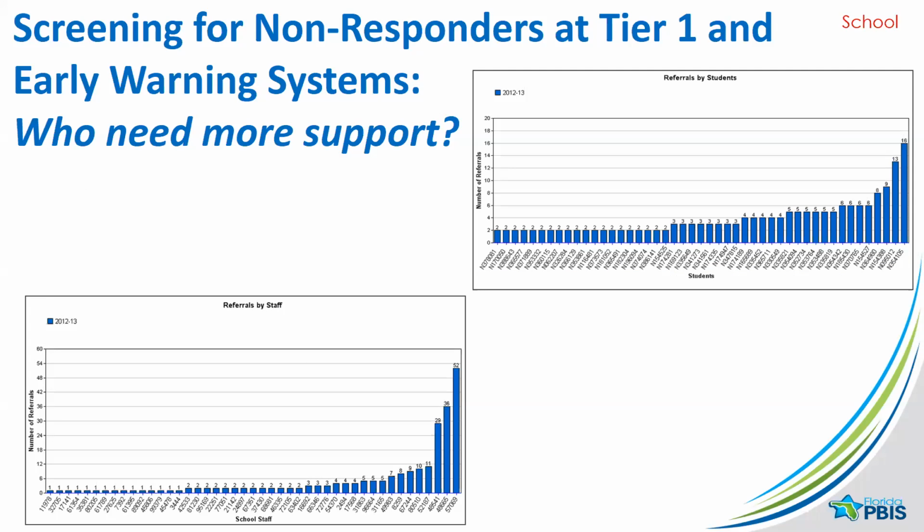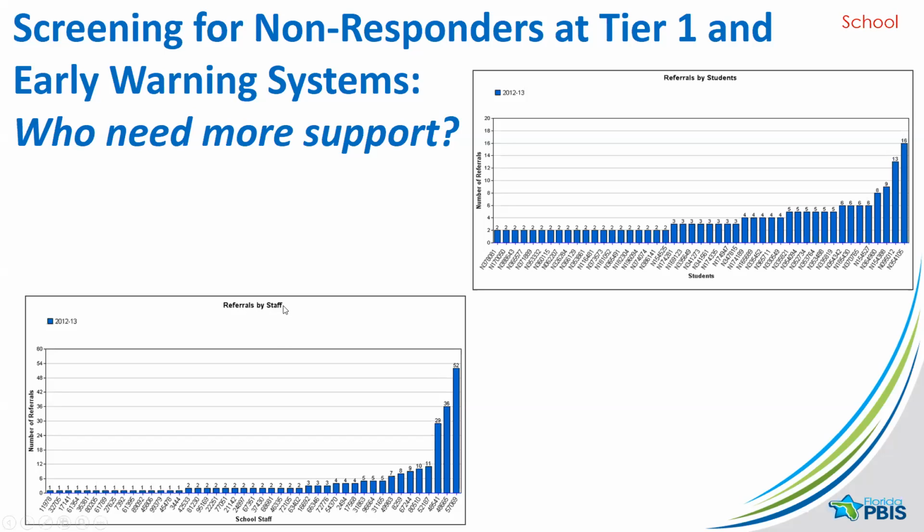And so one of the other things too that we sometimes hear stakeholders ask about is whether or not it's just a high flyer kind of a situation at the school, or if we're dealing with a lot of other kids and teachers. And so as we mentioned before about the quality of your tier one, we want to make sure that the majority of students are benefiting from PBIS by having no more than one referral for the year. And so a graph like this certainly could help us to see that we're dealing with a lot of different students that might need some supports. Perhaps for tier two, but also in conjunction with the changes we make at tier one.